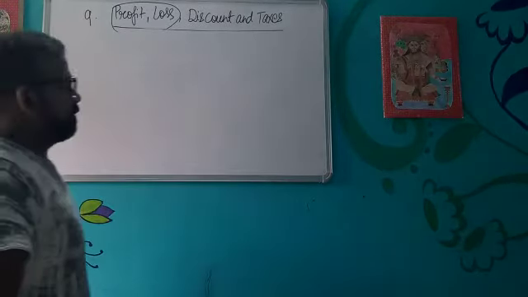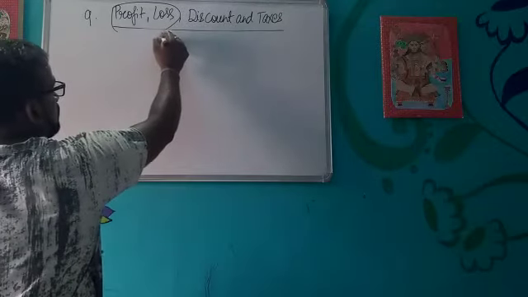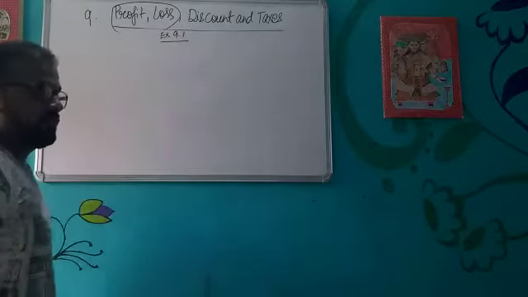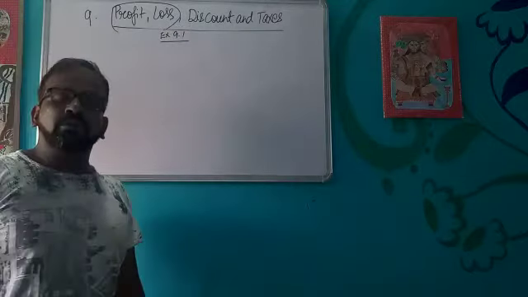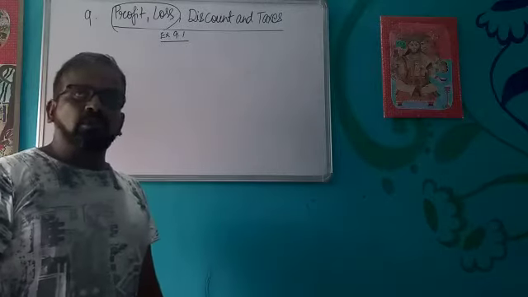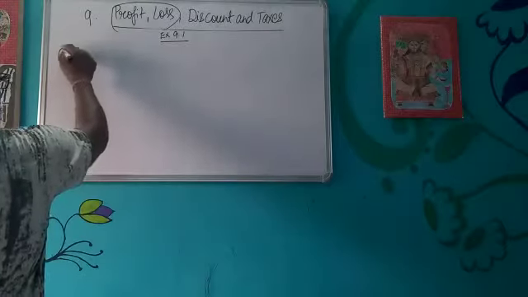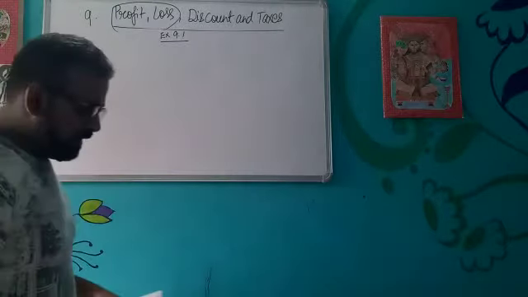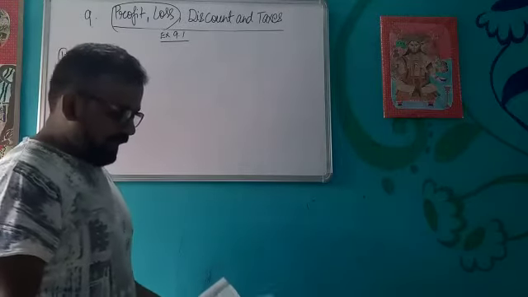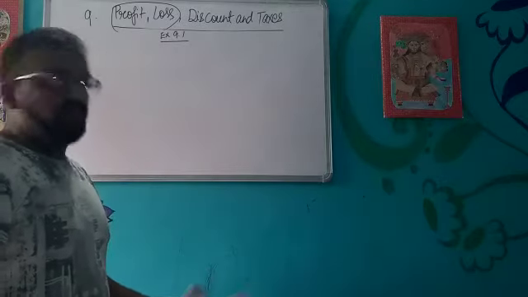Okay students, so now we will discuss the first exercise of this chapter, 9.1. In this exercise, questions are related to calculation of selling price, cost price, profit or loss. So suppose if we see the first question, what is given: if 24 meters of wire is bought at 14.5 rupees per meter and sold at 15.75 rupees per meter.